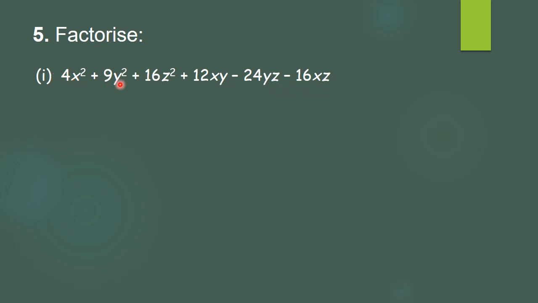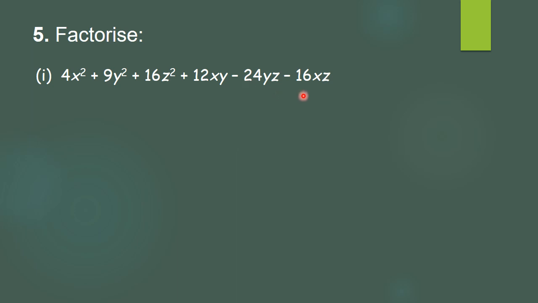Now here, when we solve such questions, first we have to check there should be totally 6 terms, and of these 6 terms, 4 terms must be the square terms with the positive sign. So here 4x square is a term, 9y square is a square term, and 16z square is also a square term, and all are having the positive sign. Then we'll check whether all the signs are positive or negative. Naturally here we get 2 terms as negative. Whenever there are negative terms, it will always be 2 terms negative, not one.